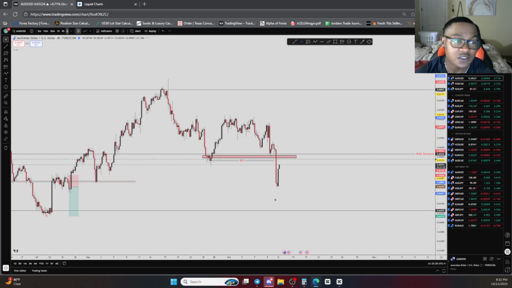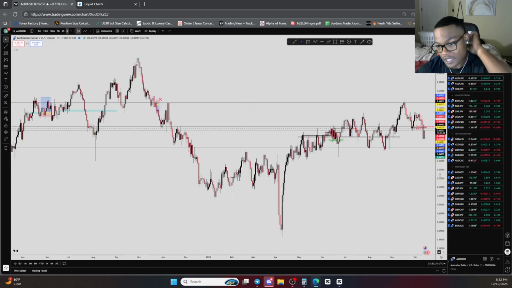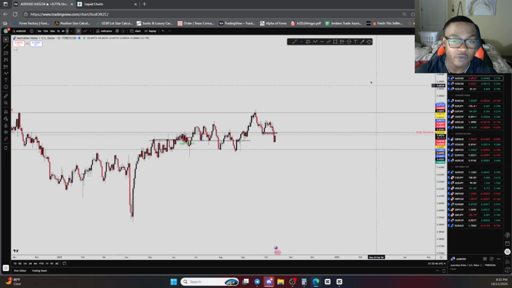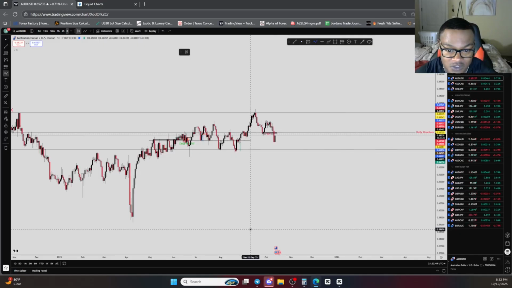Right now, daily time frame AUD USD. So clear as day, you all can see that price was bullish, and we have this higher high, higher low, recent break of structure around here. At the moment on the daily time frame, price is getting back below this area of resistance/support, showing me a counter trend opportunity. Why do I say that? Because